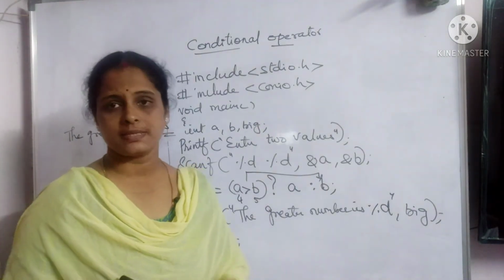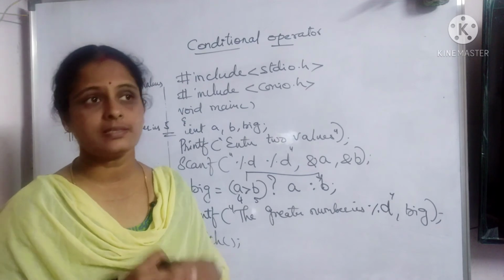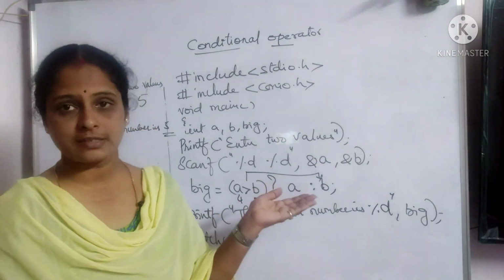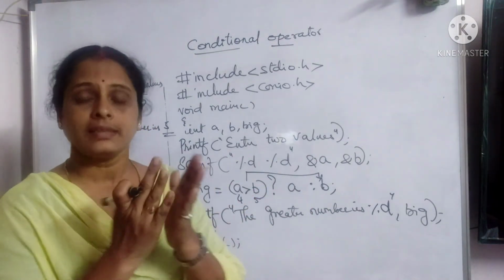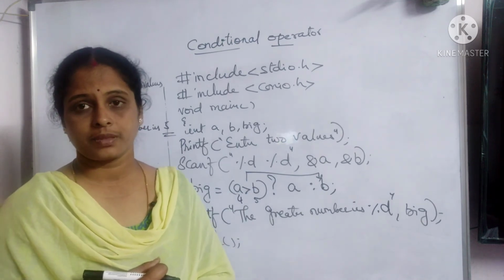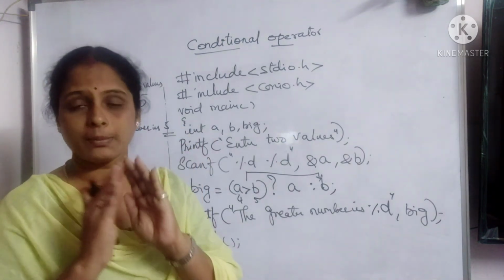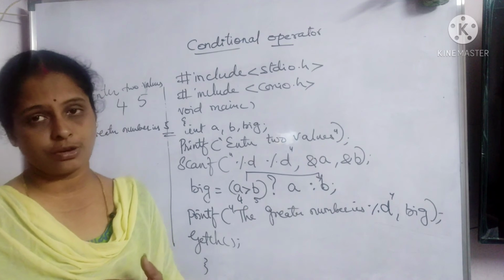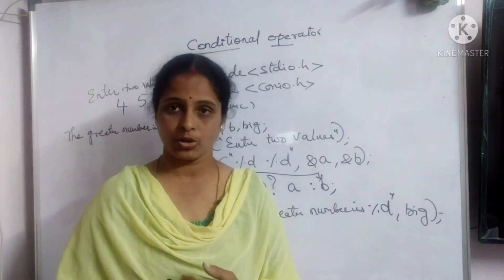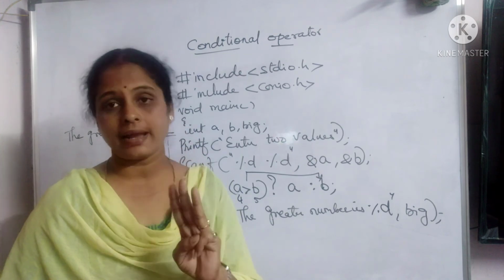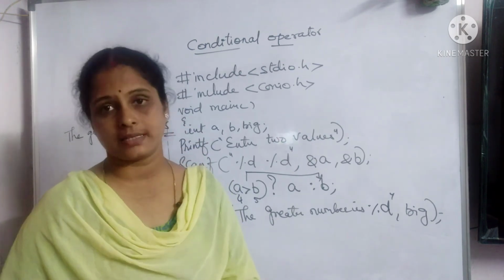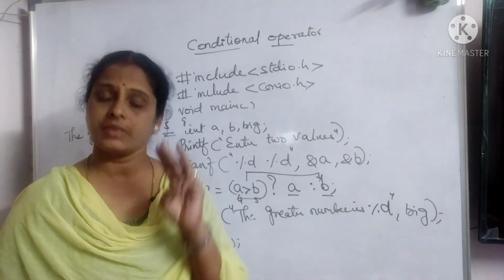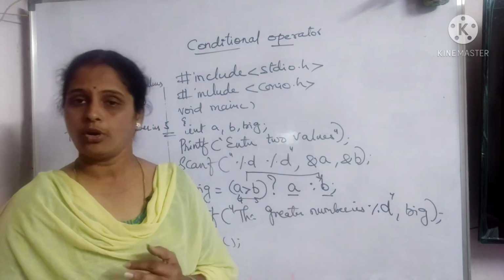The main advantage of using this conditional operator is that you are decreasing the lines of code. You may even complete this using an if-else statement also, but then the number of lines of code is increased. To keep the program simple, we are using this conditional operator. And I repeat once again, the conditional operator is also called a ternary operator because it is using 3 operands at a time: first one, second one and third one. That is the reason why it is said to be a ternary operator.